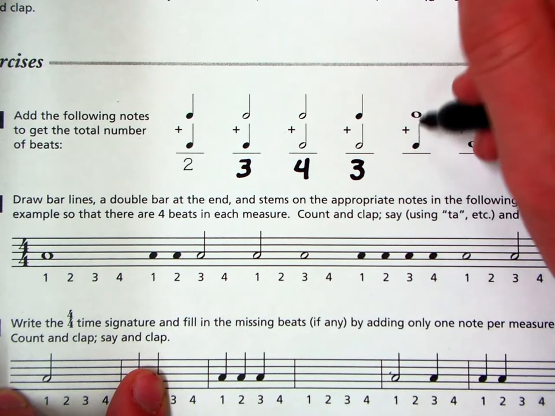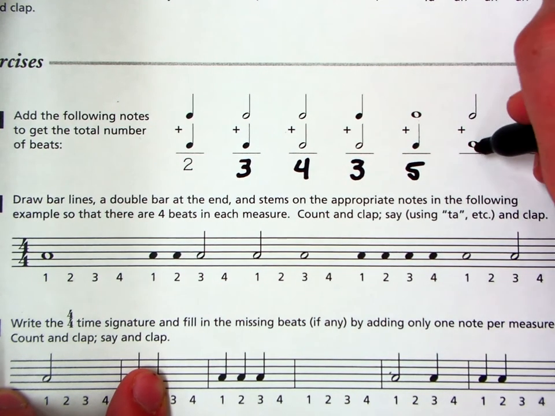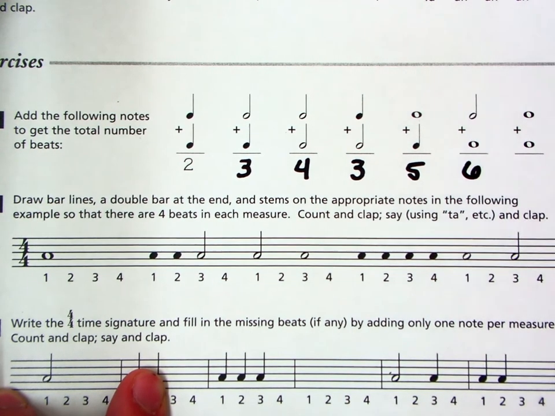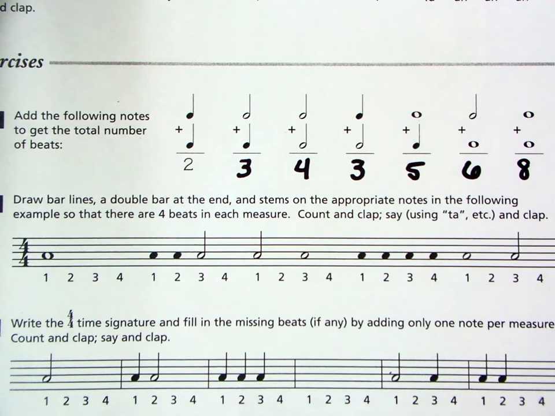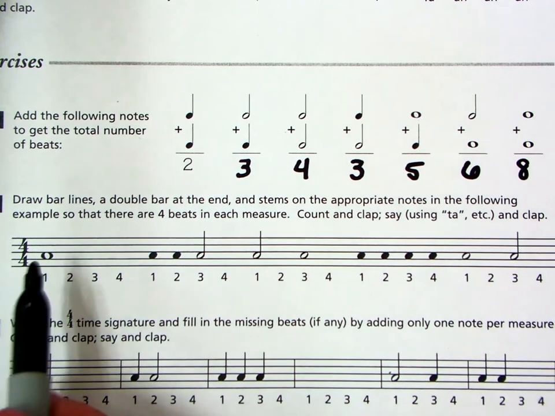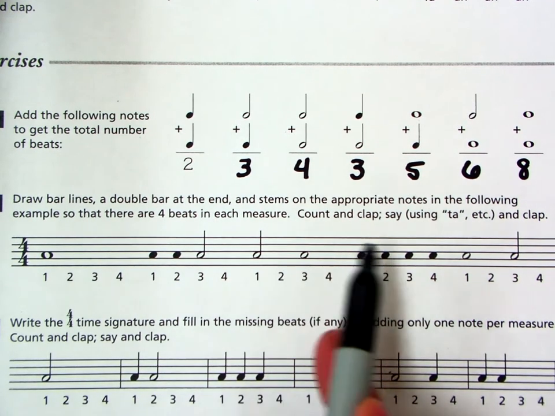Whole plus quarter, 4 plus 1 equals 5. Half plus whole, 2 plus 4 equals 6. Whole plus whole, 4 plus 4 equals 8. Okay? Question 2. Draw bar lines, a double bar at the end, and stems on the appropriate notes in the